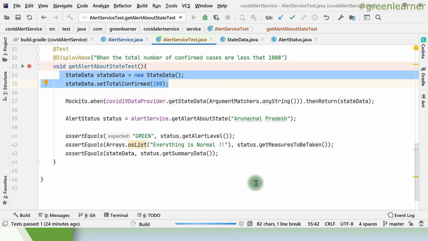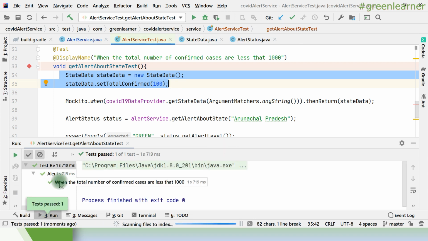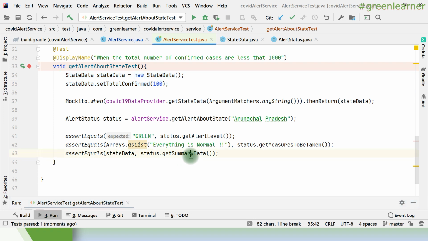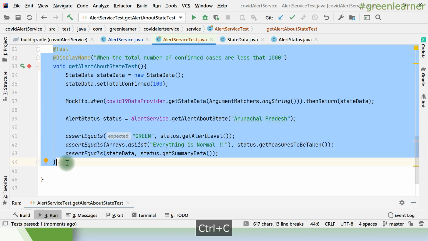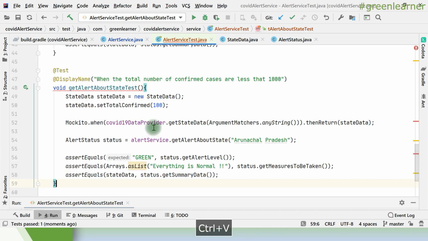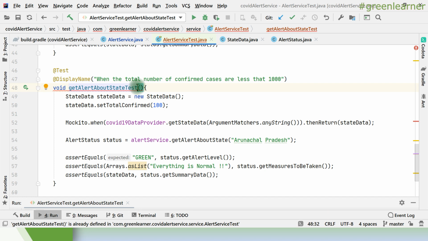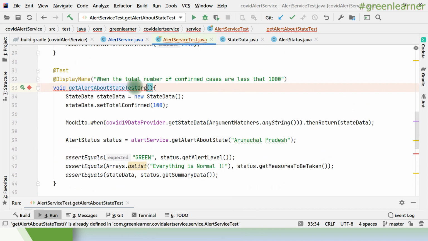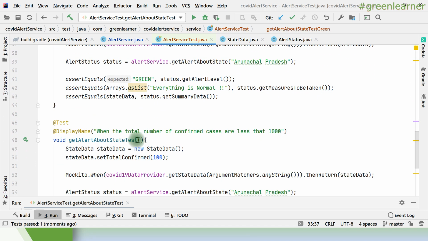If it is running properly, I'll be writing the other cases as well. Yeah, so everything is as expected, so things are working properly. So let's go ahead and write the other case, right? So let me copy this one, test. So just name it more readable: test, name the green, and here name it orange.